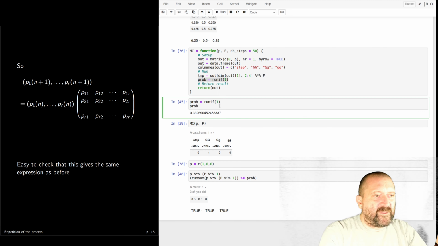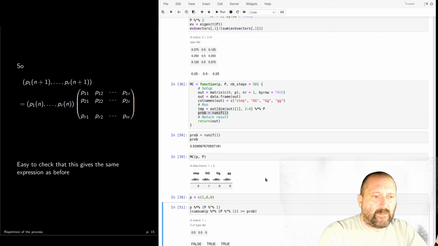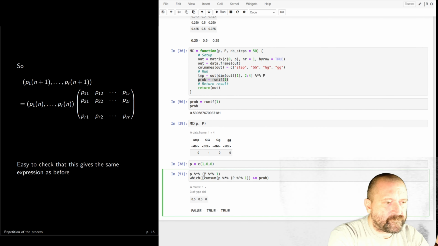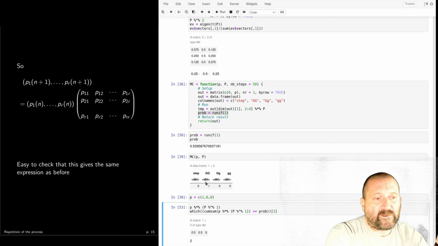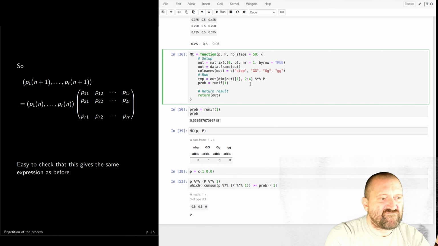Let me try another prob. Okay, I will need to try a few. Okay, so this one should be false, true, and true. So if I say which, and so if I take the minimum, or if I take the first value, actually. Okay, so this means that I have chosen the second position. So this looks okay. So I'm going to say that the index, which is going to be where I'm going next, the index is equal to